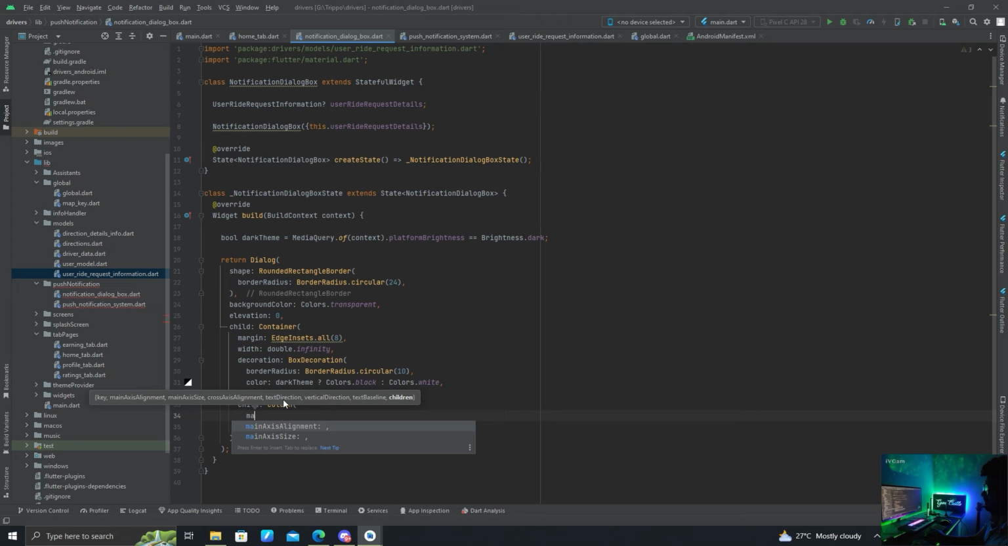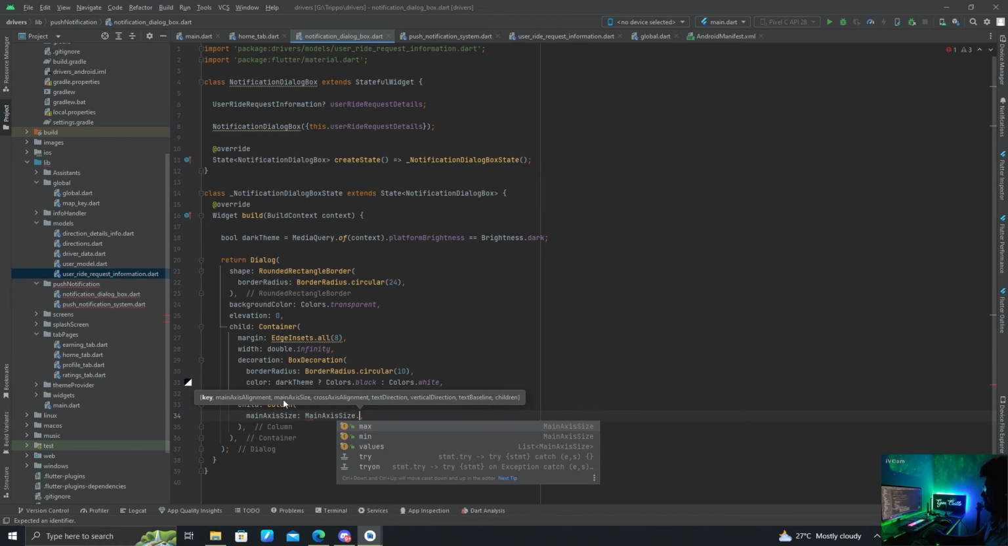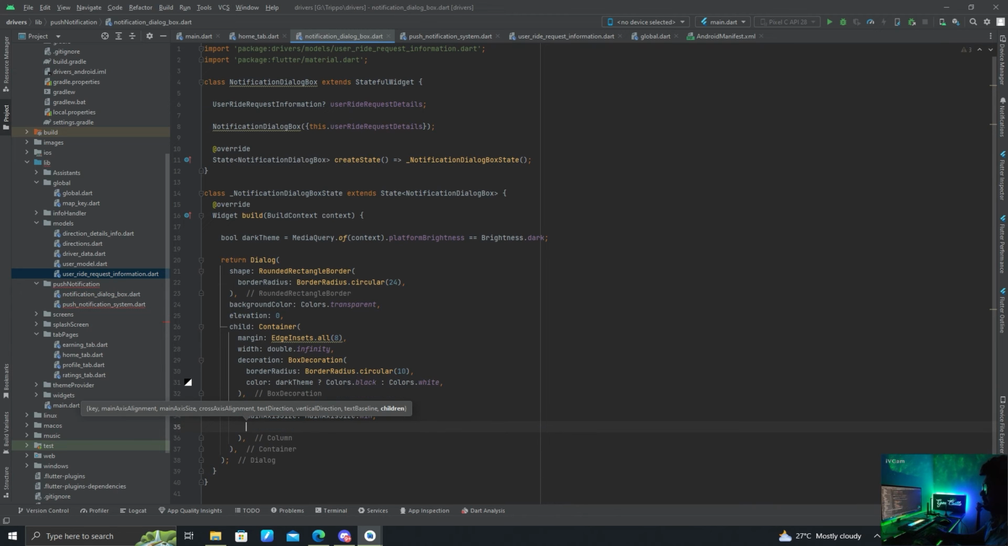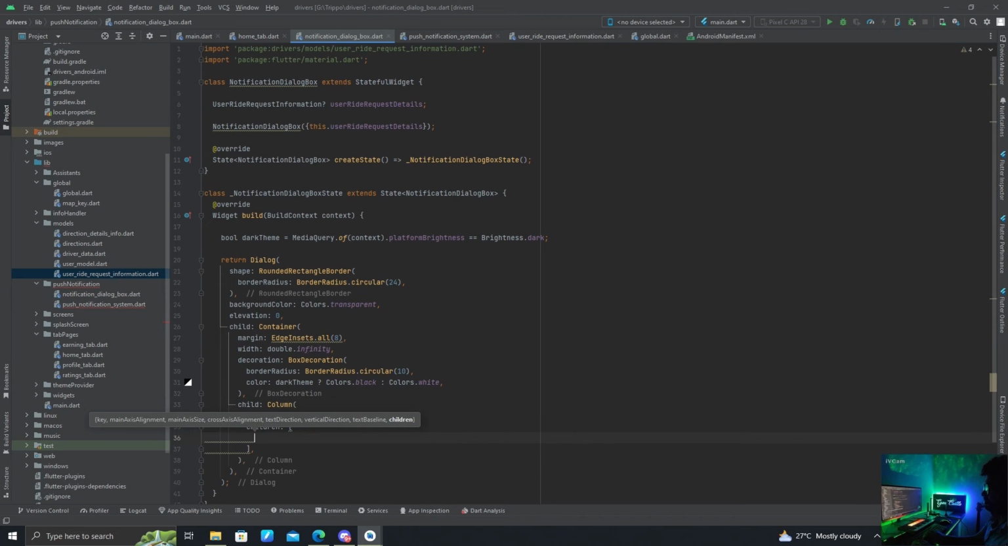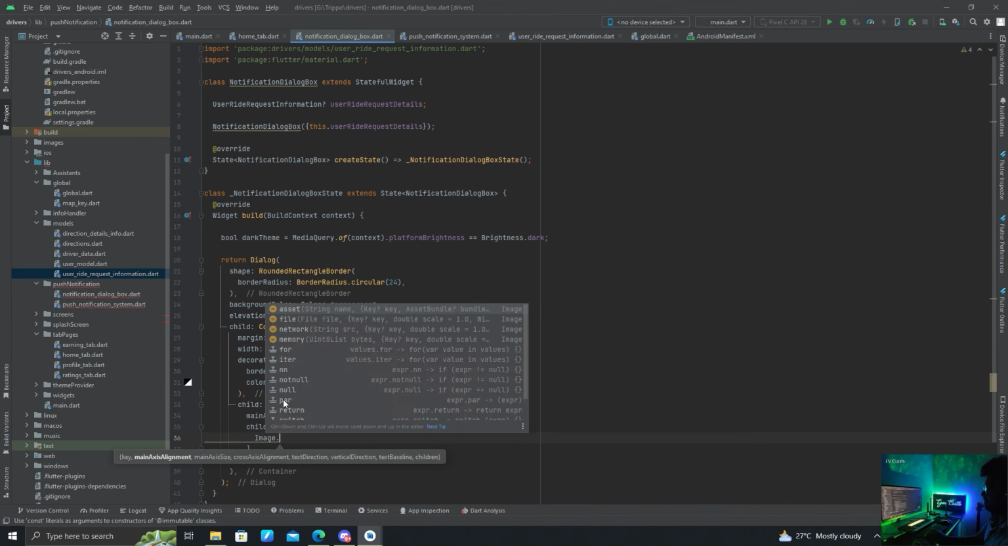mainAxisSize MainAxisSize.min, children Image.asset,